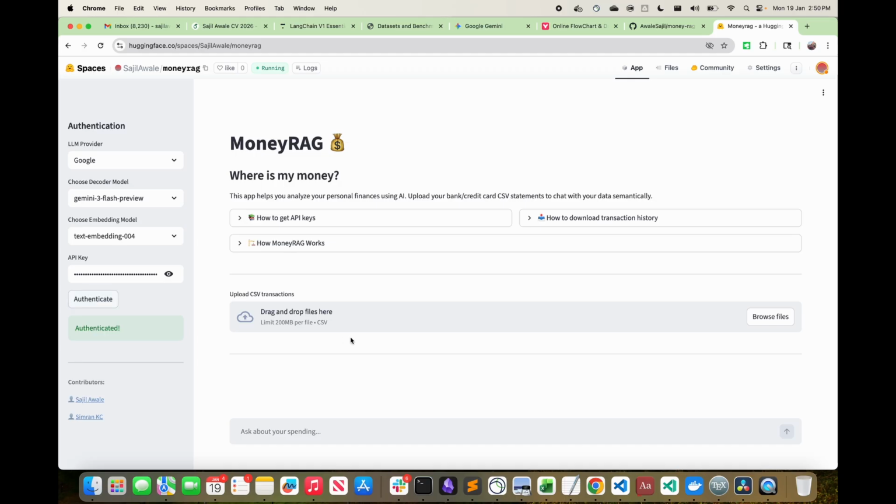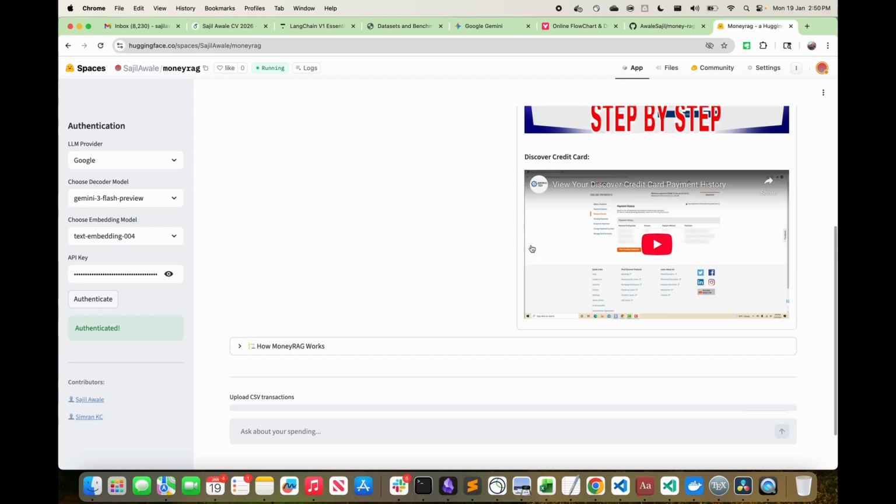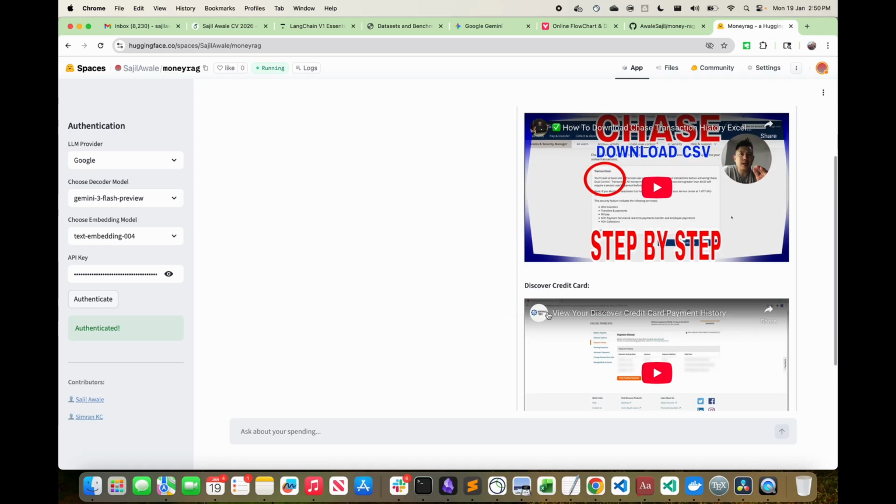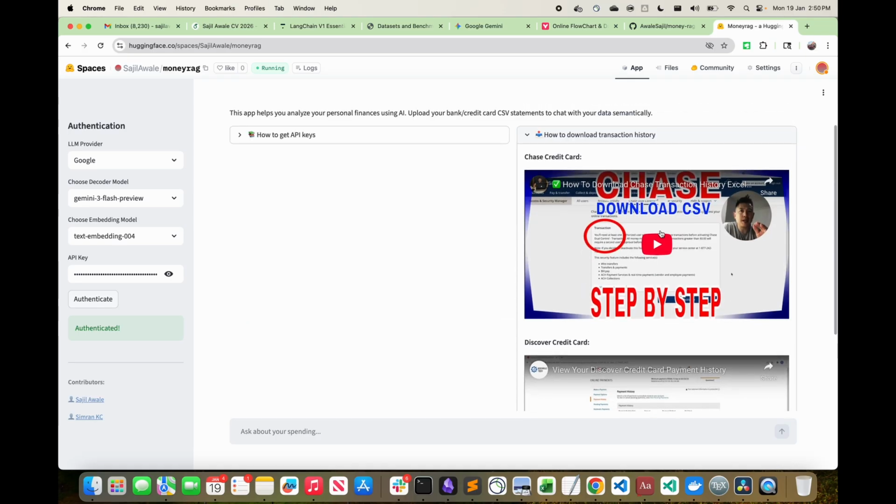Now the next thing you have to do is upload your transaction history CSV files. I'm guessing you don't have them to start off, so to download them, I've added guide videos. If you have a Chase credit card or Discover credit card, I've given you video tutorials on how to download those CSV files.